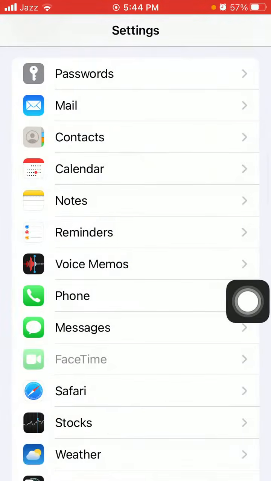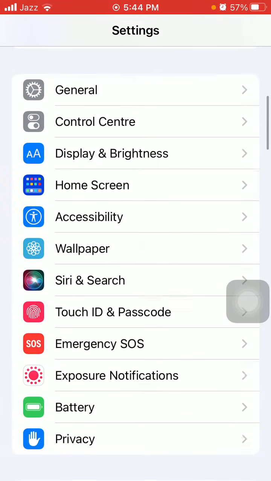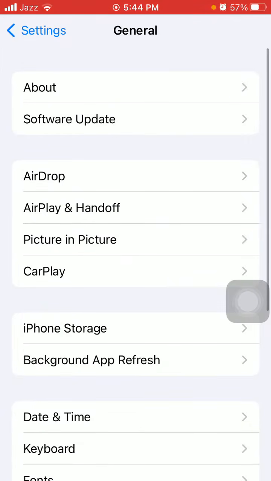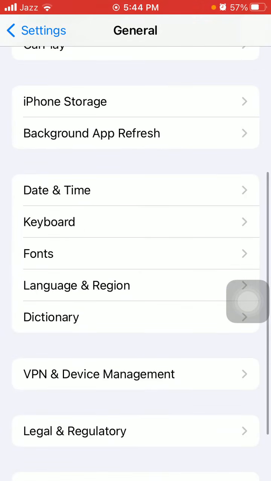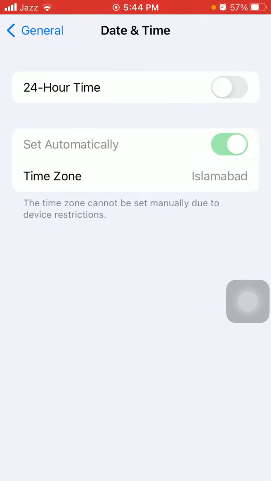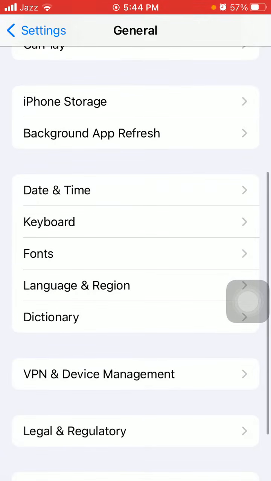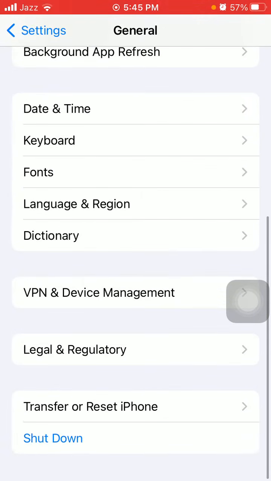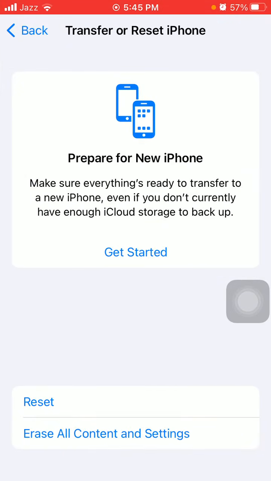After that, we are going back to Settings and tap on General and tap on Software Update and update your iPhone to the latest iOS version. Under General, we are going to check one more thing, that is Date and Time, and make sure that Set Automatically is enabled. Here we are going to do one more thing, tap on Transfer or Reset iPhone, tap Reset